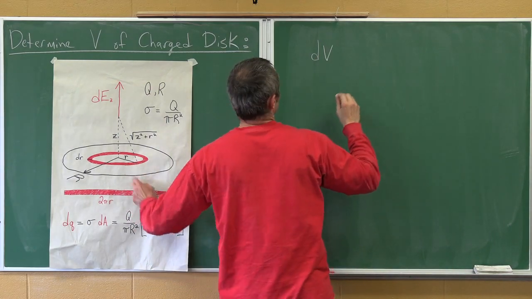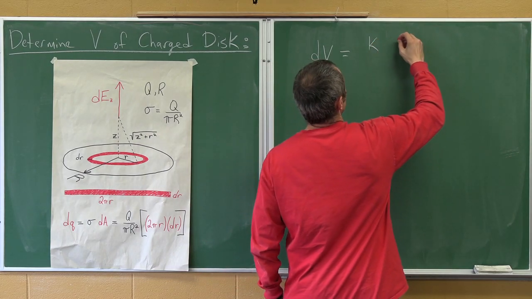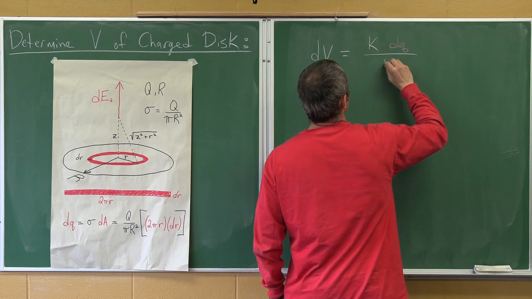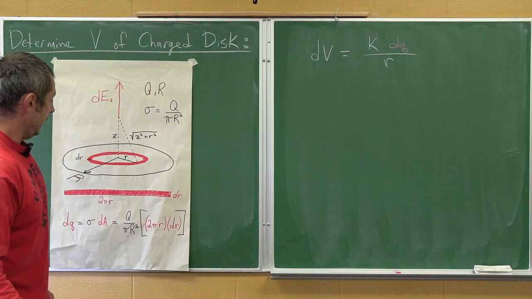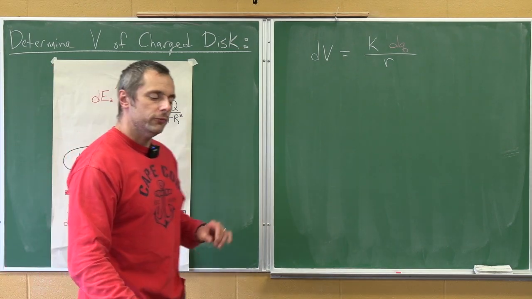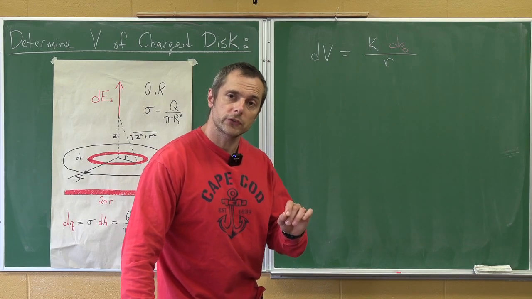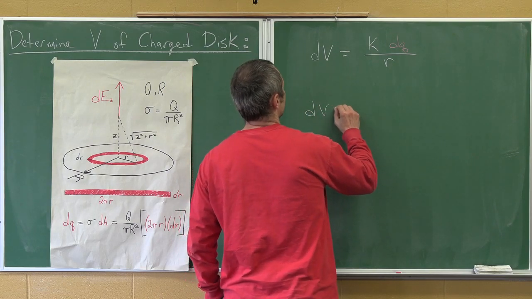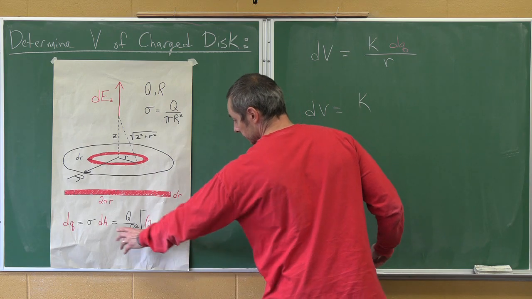dV of this ring is K dq over R. Okay? And of course, R is not this R, but this R. And remember, we don't have to integrate here, because voltage is a scalar. So for a ring, you could simply do this, that dV is K, the Q in this ring, which is all of this,